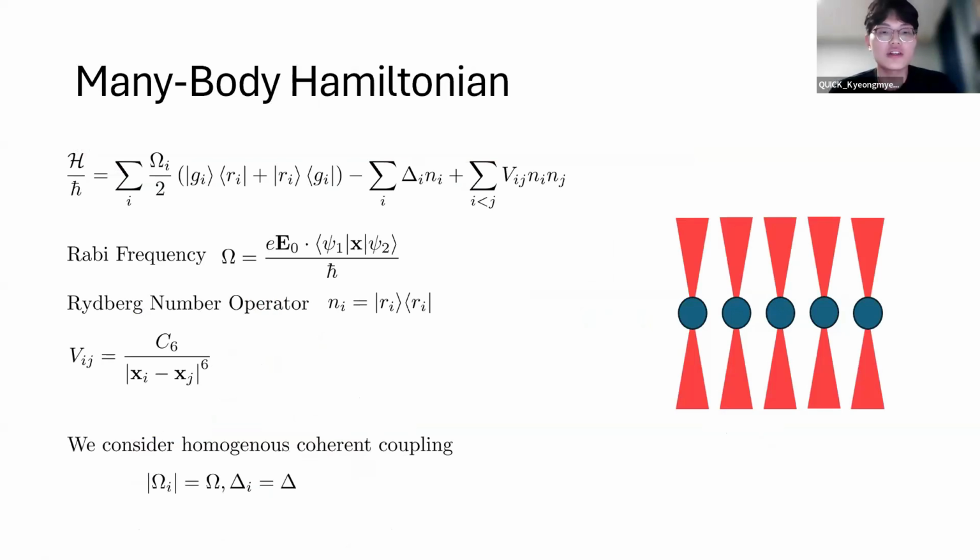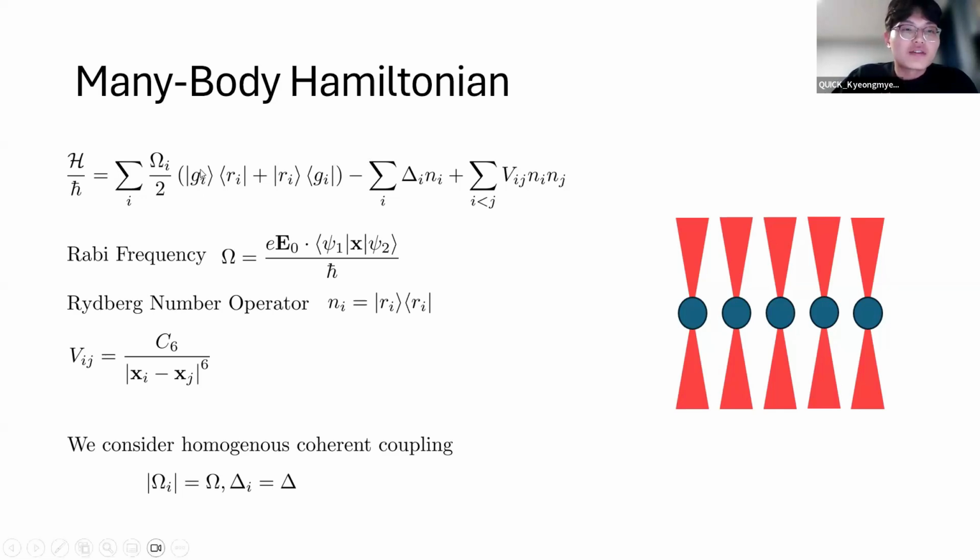So consider a 1D chain of atoms in the optical tweezer. We first need to get some intuitive understanding of the Hamiltonian used in many-body physics. As we have atoms lined up in a one-dimensional array in this case, we can think of the interaction as the 1D Ising model. Based on this analogy, the Rydberg atom Hamiltonian closely resembles the Ising model with long-range interactions and a tunable external field. So the first term is the coherent driving term,